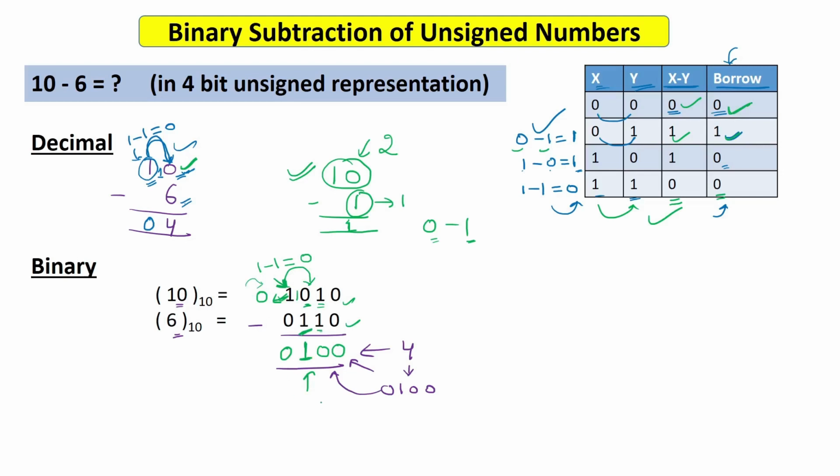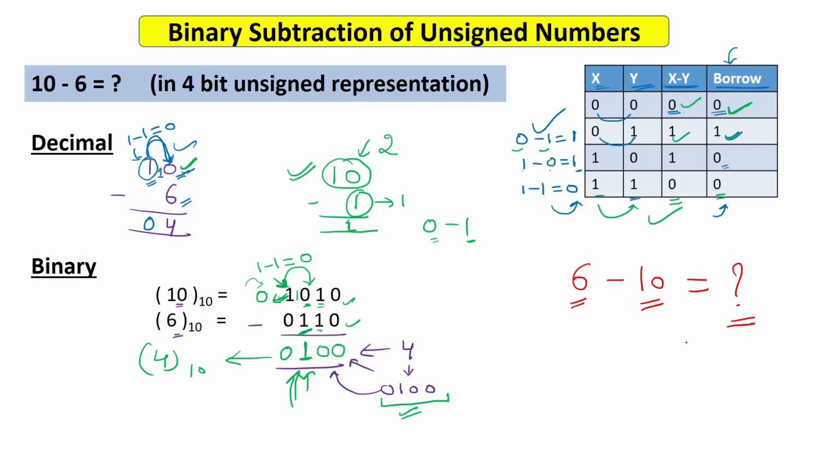So your final answer came as 0 1 0 0, and I had claimed that you should get 0 1 0 0, and you are getting this. This is actually 4 in decimal. That means you got the correct answer in 4 bits only. So there is no concept of overflow as such, that we have seen till now in the case of binary subtraction. Now some of you may ask what will happen if I subtract 6 minus 10. If I do this, what will be the answer? Here you are subtracting a larger number, that is 10, from a smaller number.